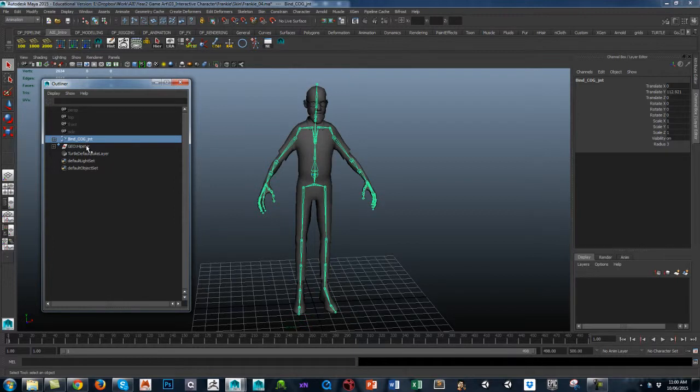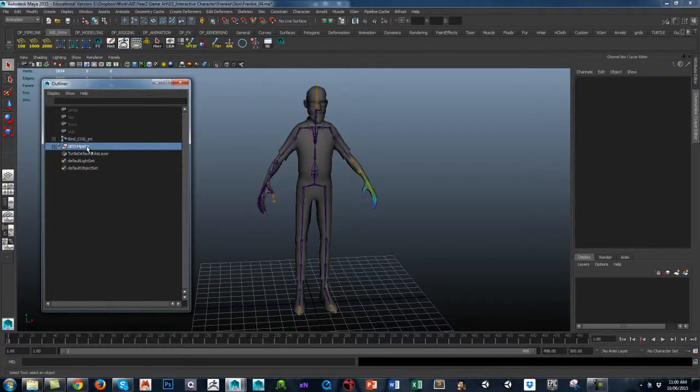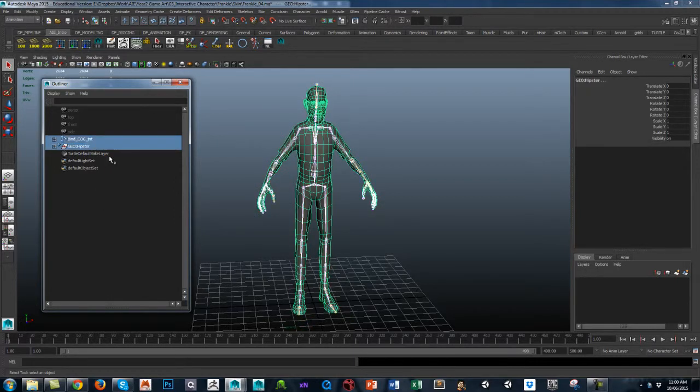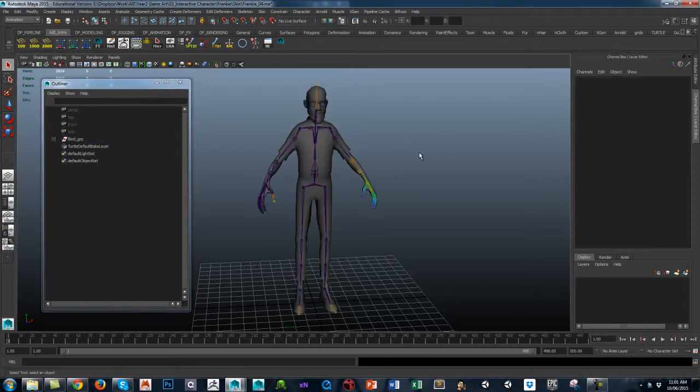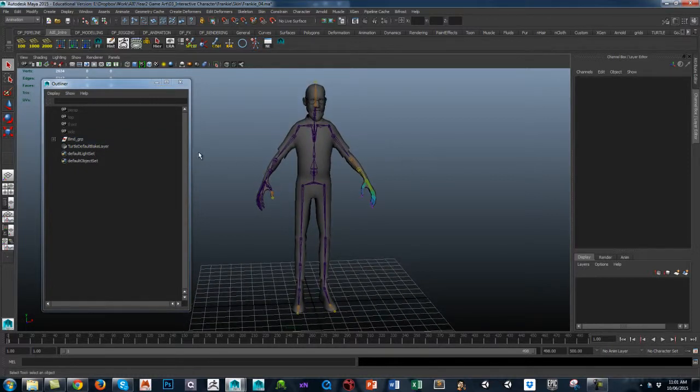And rather than have these two free floating, I find it best to select them both and group them together and call this bind underscore grp. Whenever you're setting up a group, I always give it the suffix underscore grp, and that will keep it nice and organized when you reference it in as well. Okay. So let's save that file,